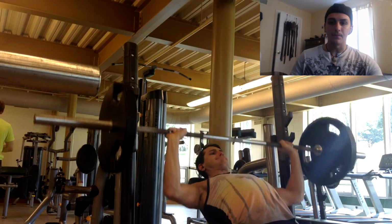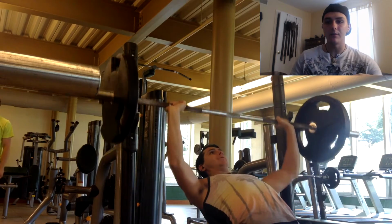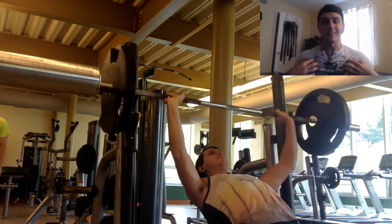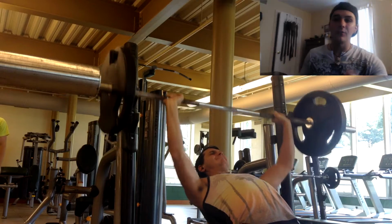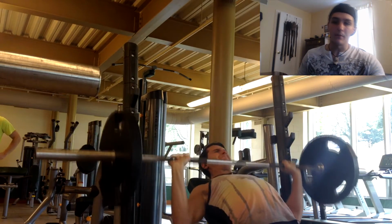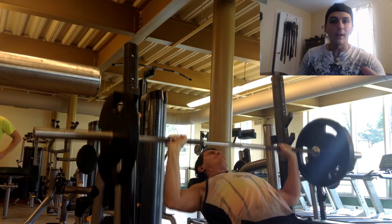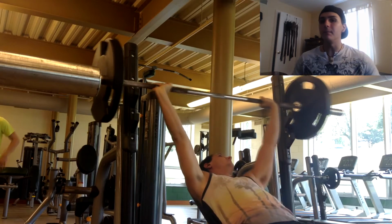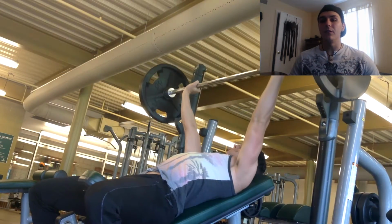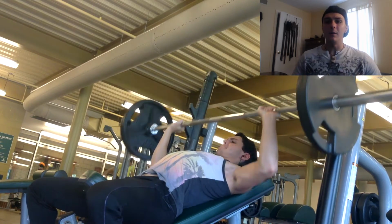One thing I want to point out here: constant tension is a big principle in bodybuilding, not so much in powerlifting. And right now I'm trying to build the size of my upper chest, so what I'm doing here is I'm not using a ton of weight. I'm using 135, and I'm just controlling it up and down. I'm not pausing at the top too much. I'm trying to really squeeze and contract against the weight instead of just moving a ton of weight, and that's a big difference here. If I wanted to throw maybe 175 on here and bang out 2 or 3 reps,